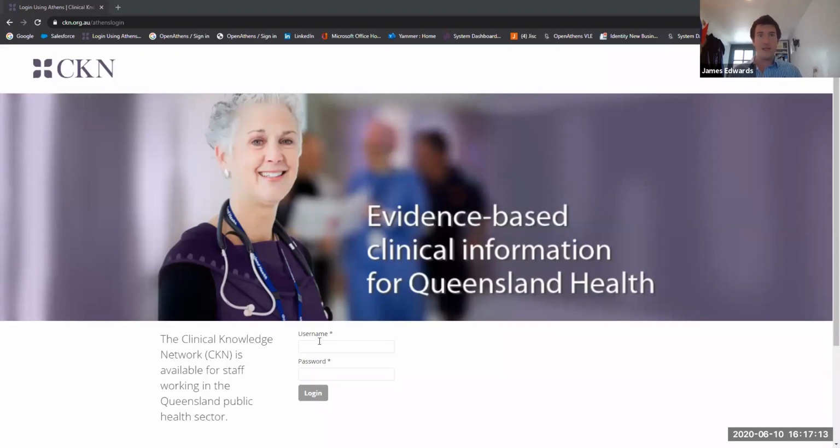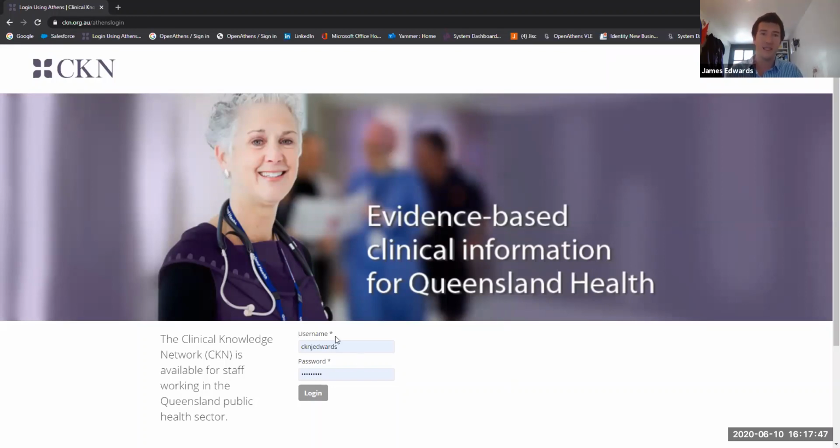Now, the one key part to OpenAthens is logging in. For OpenAthens to work, your users will have to log in at some stage. There are two ways in which we can do that login part. Essentially, you can use OpenAthens as your directory, which means you will be creating OpenAthens accounts for your users. I'd say that is a bit more of a legacy way of using it, but that is what CKN currently still have, and it is easy for some librarians to do.